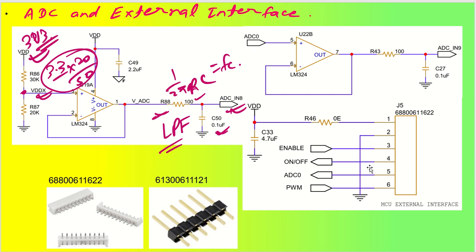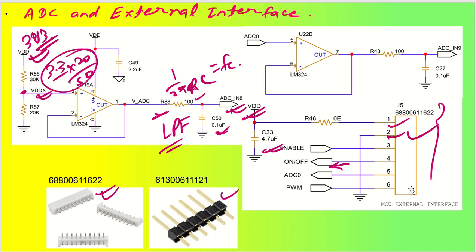There is the external interface that I was talking to you about. Either you can utilize a header, or you can utilize a box with a part number. I have given these two part numbers for your convenience. The external board is getting powered by this VDD itself. Pin number 1 is powering up and ground is also going, so there is no mismatch. Then there is an enable signal going from our board to that daughter board, the target board. Then there is an on/off signal coming as a status to my microcontroller. So the microcontroller will receive this on/off signal,